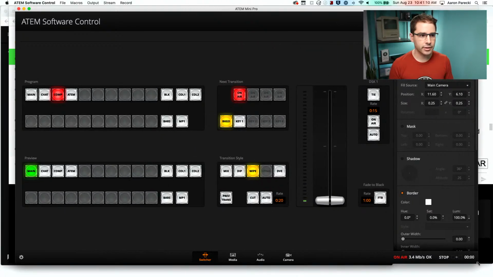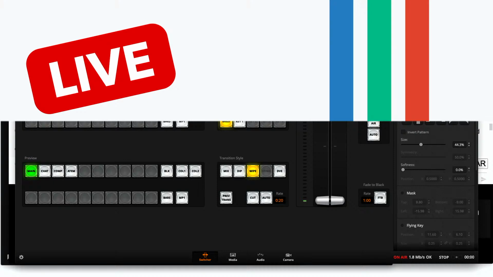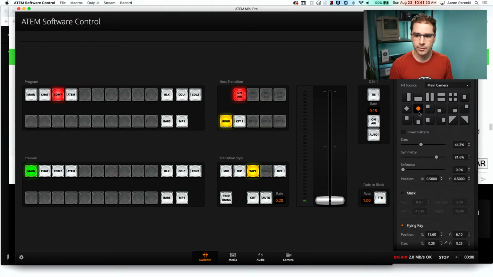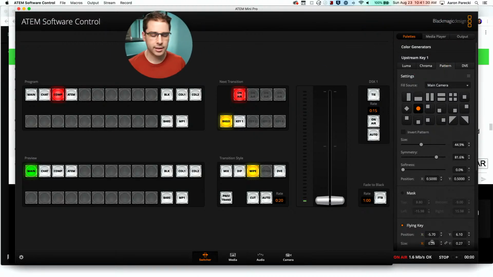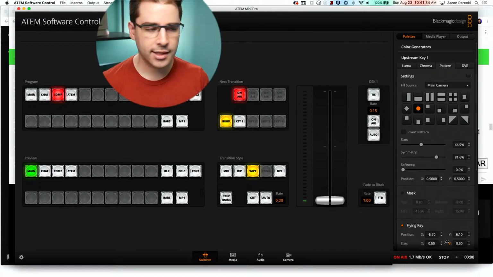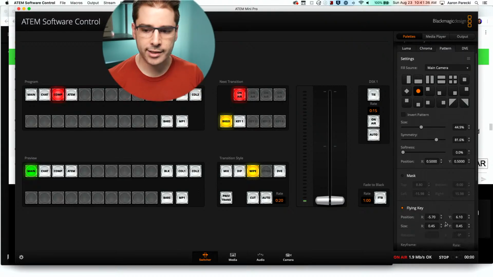What I want to do is change, not DVE, I want one as my circle face here, flying key. Come on, circle, where is it? There it is. So I can put myself over here. Let's make me a little bigger. Let's go 0.5.